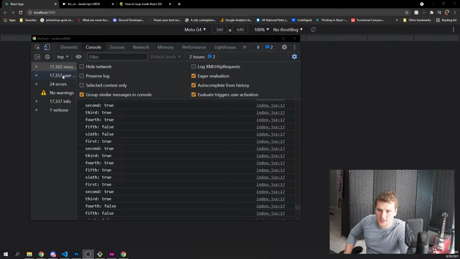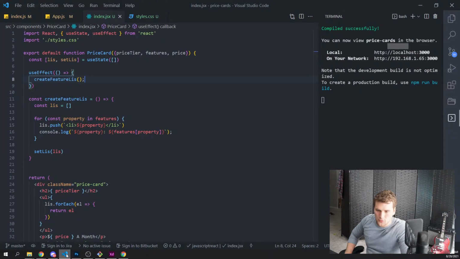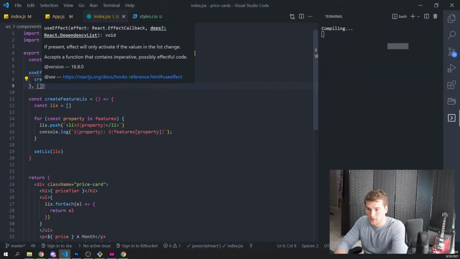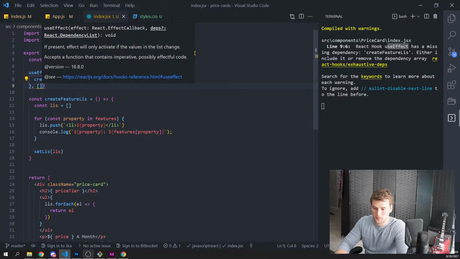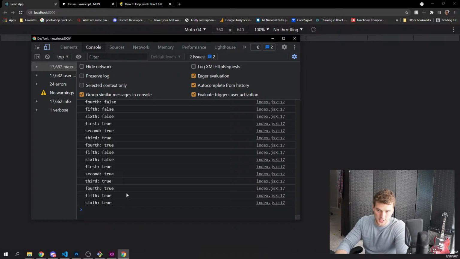Why is this in an infinite loop? Oh, because we didn't add the dependency right here. Now you're good, right? If we refresh. No, it's still not good because it's acting like I'm making an infinite loop.